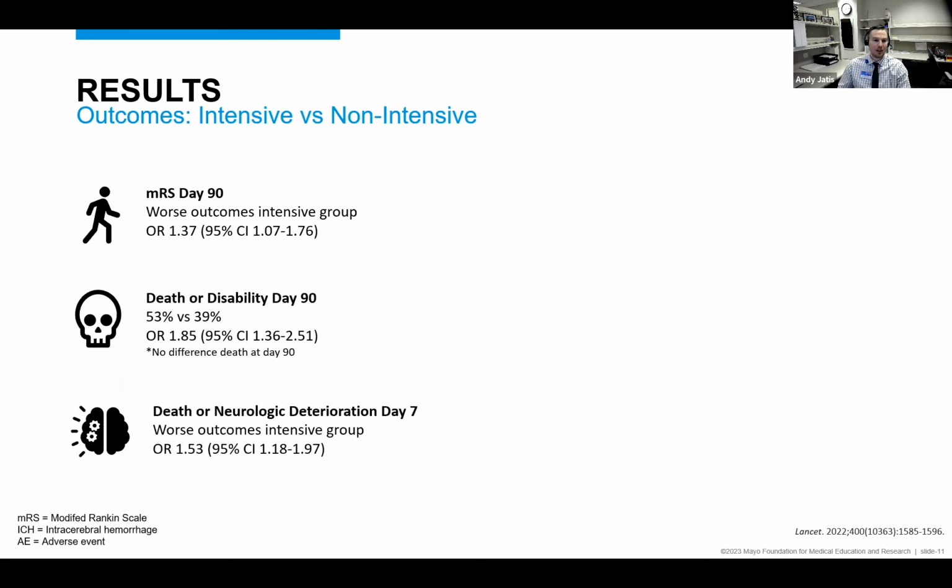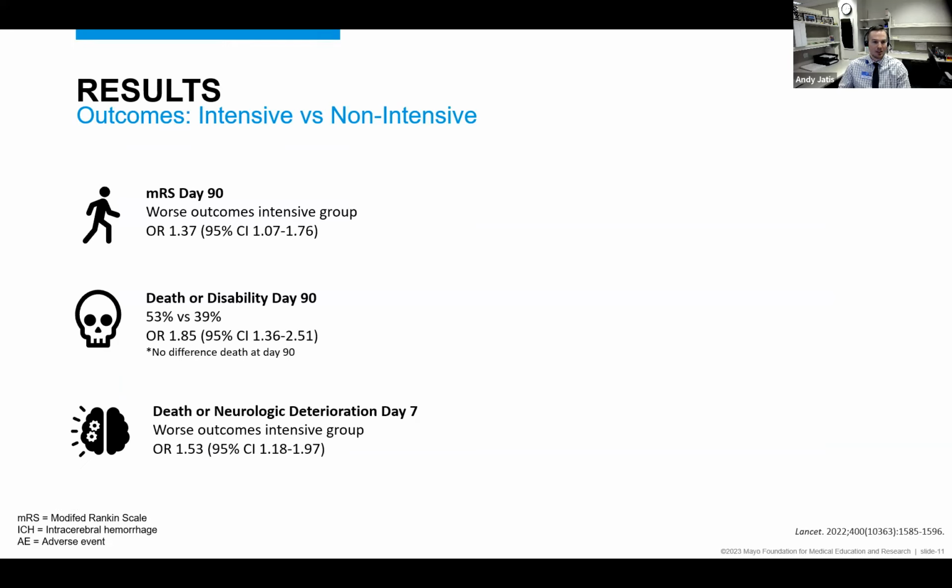Looking at our modified Rankin score at day 90, patients that received the intensive group actually had worse outcomes. So the reverse of what the initial study design and thought process would be. Hence why our study was terminated early. And then additionally, looking at our death or disability at day 90, which was defined as a modified Rankin score of 3 to 6 on that scale, or of course having death,